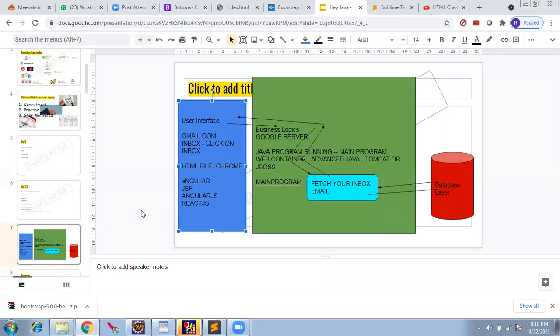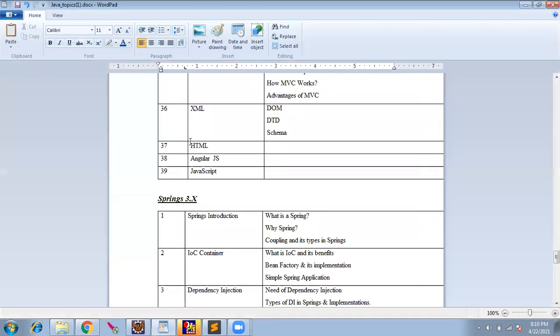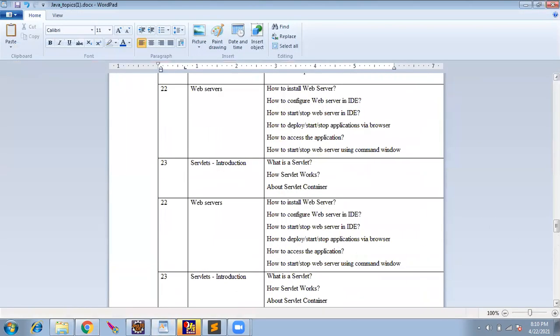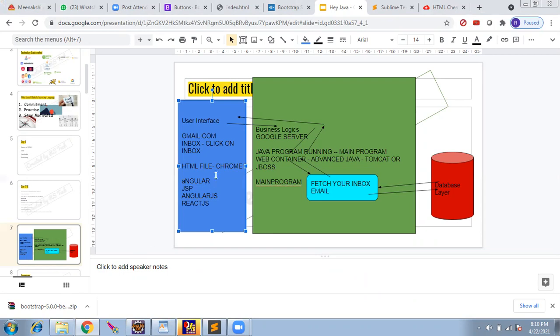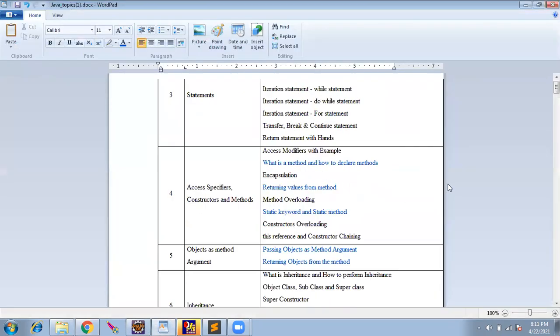Oh, by the way, you asked me for that, right? I'll share it. Just share it in the WhatsApp group. Okay, I'll share this later. So this HTML is part of the user interface layer, and in the syllabus we have it.